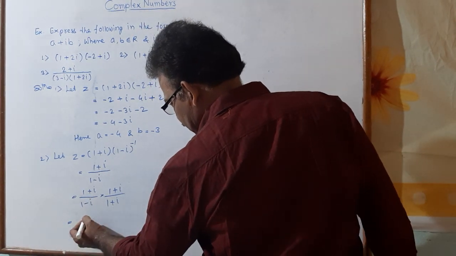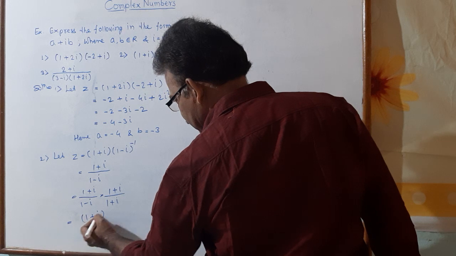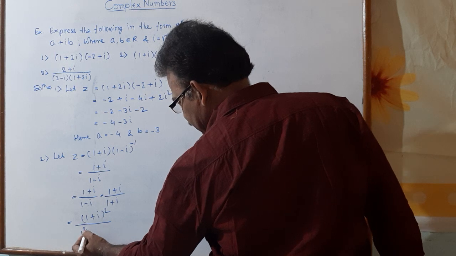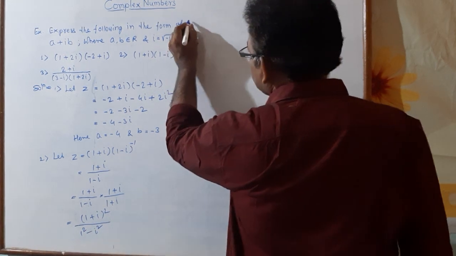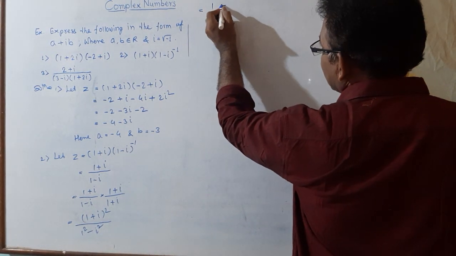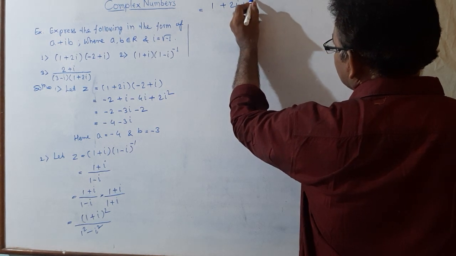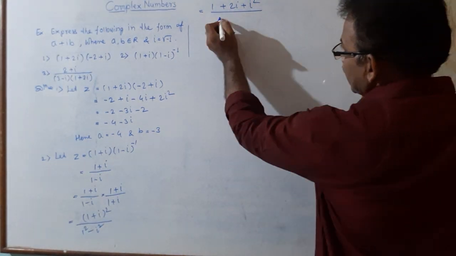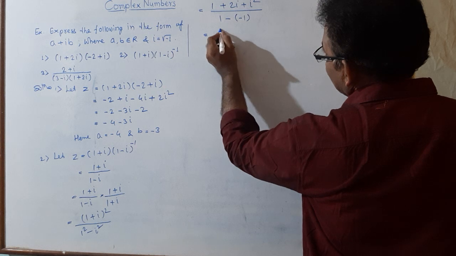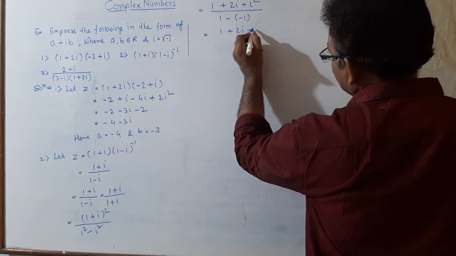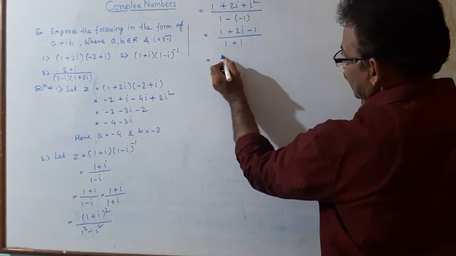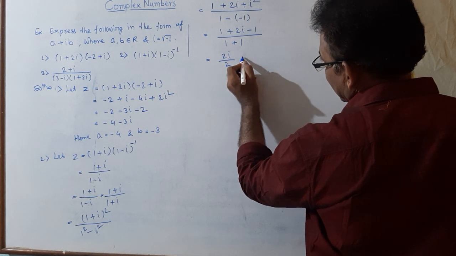So here numerator, 1 plus i into 1 plus i, we get 1 plus i whole square, and the denominator, formula a minus b into a plus b, a square minus b square, that is 1 square minus i square, and simplify. So it is equal to, expansion of (a plus b) whole square formula, 1 square is 1, plus 2ab means 2i, plus b square means i square, and denominator 1 square is 1, minus sign. We know the value of i square is minus 1, and we get 1 plus 2i. I square means minus 1, denominator 1 minus minus is plus 1. So 1 minus 1 cancel, we get here 2i, denominator 1 plus 1, 2, and 2 cancel, we get i here.